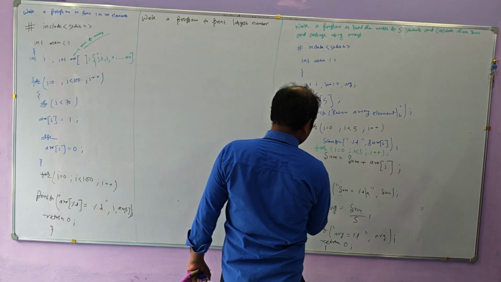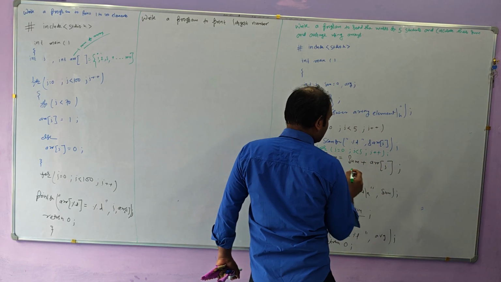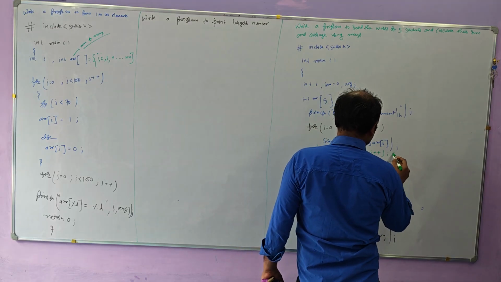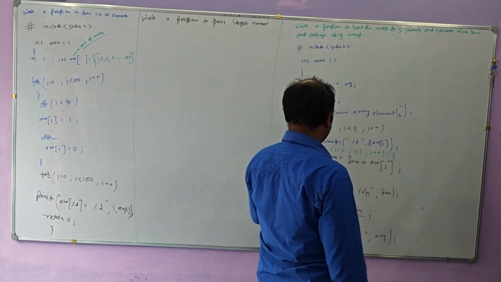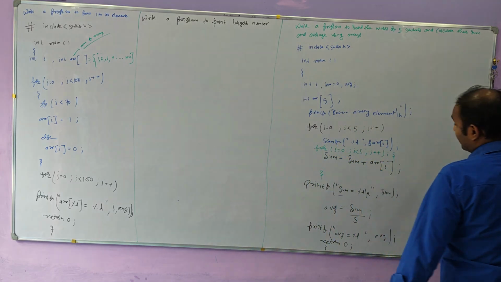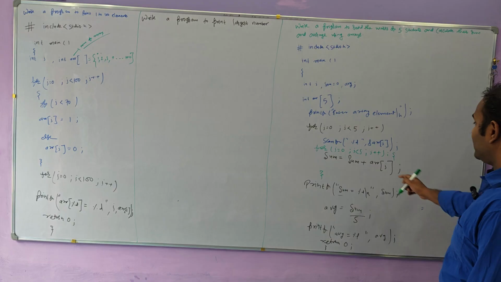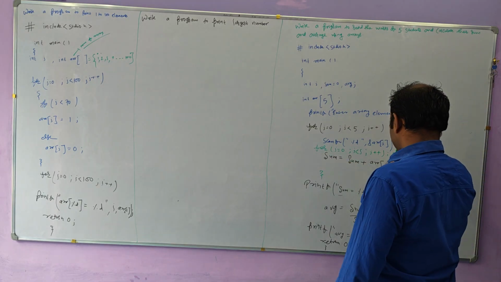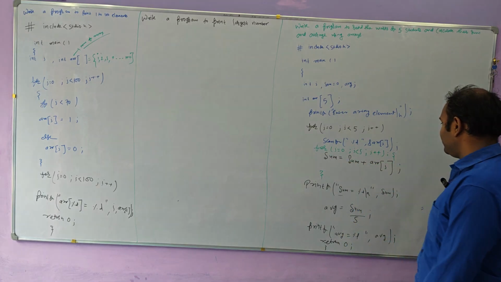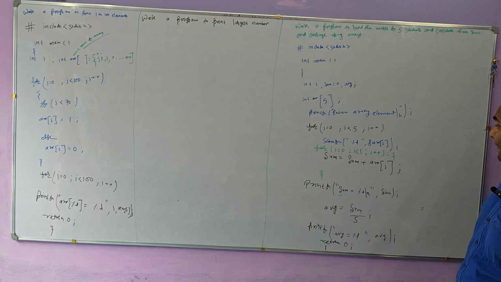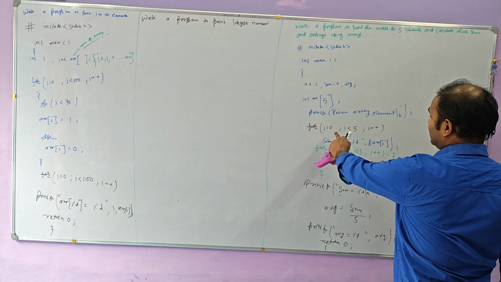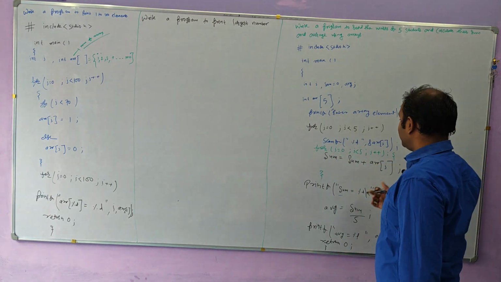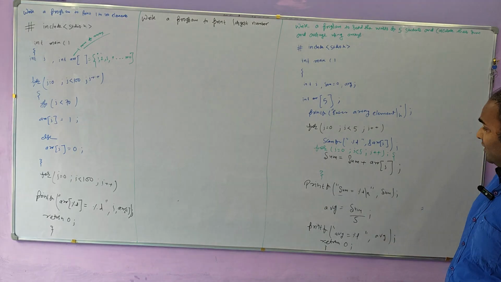Now we can take curly braces. Curly braces start from here. We just write inside this. When I is equal to 0, it will take 1 input, 2 input, 3 input, and after that it will